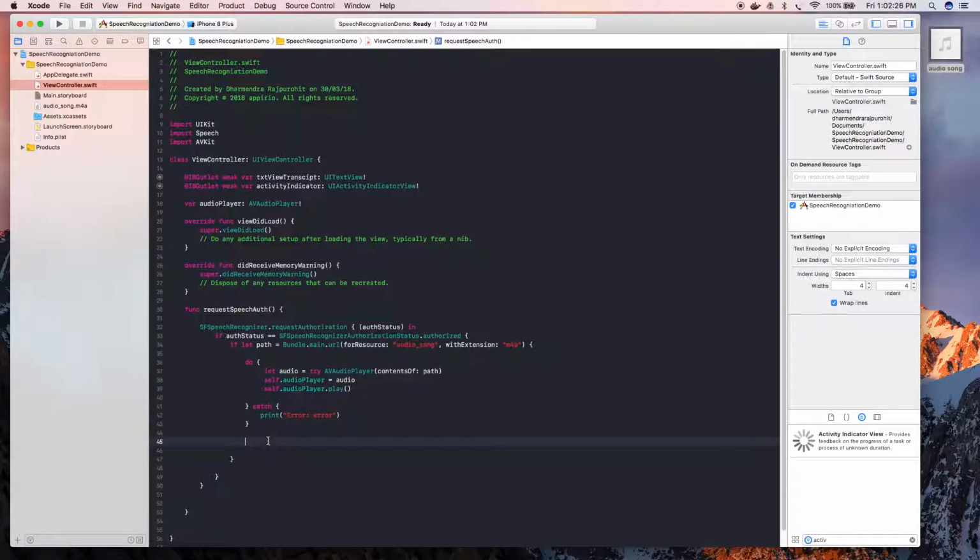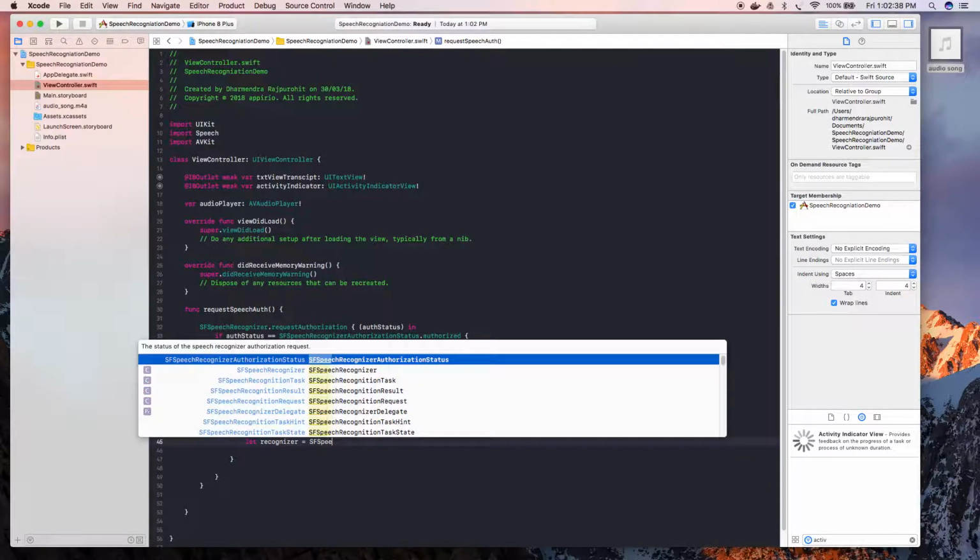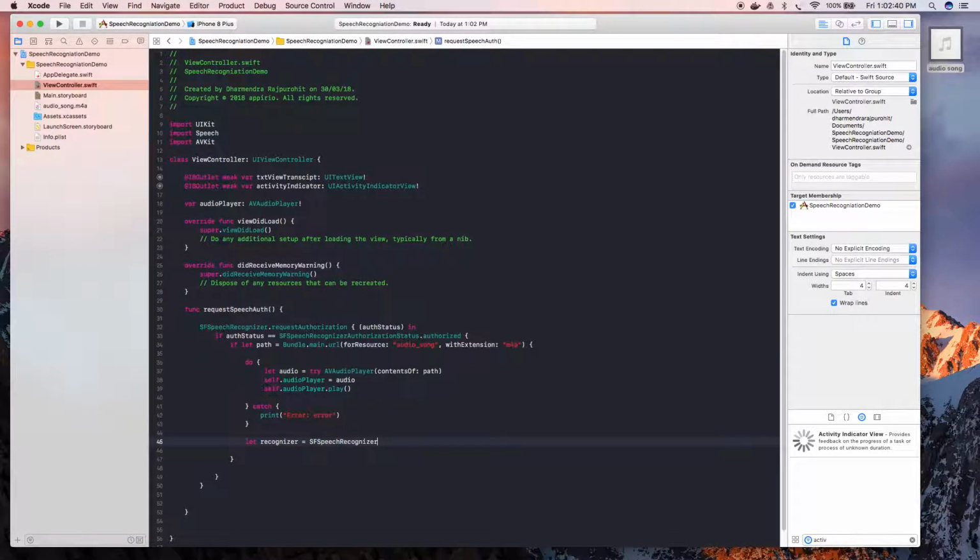So to do that, we're going to create one recognizer variable here, and it should be of speech recognizer type. So we have initiated it here. Now I'm going to create one request here,